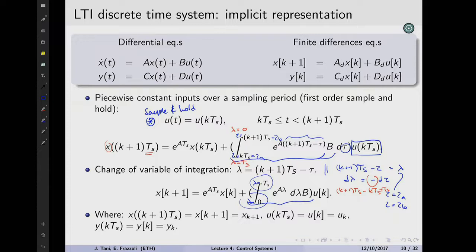The idea is it's really ugly to bring over this Ts all the time because it's kind of obvious. The whole context is we're assuming a constant sampling time Ts. So what we write is just x of k plus 1 is equal to something with x of k and u of k, where u of k, x of k means evaluated at the k Ts time instant. You'll sometimes find it written like this, sometimes with square brackets, sometimes as a subscript, like this. I'll jump between the different notations, it doesn't really matter, they're all equivalent, okay?